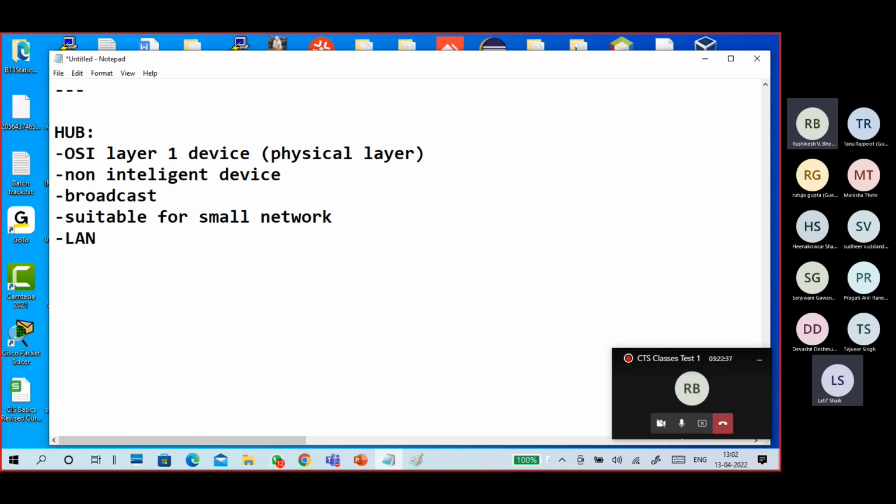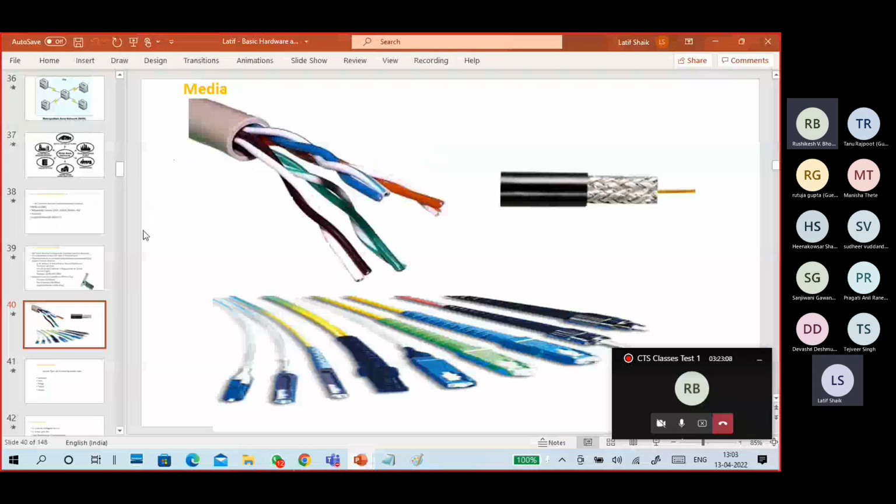We use it for LAN purposes only, not for WAN communication. Hub is a non-intelligent layer 1 device. It broadcasts to everyone. Broadcast means that only.